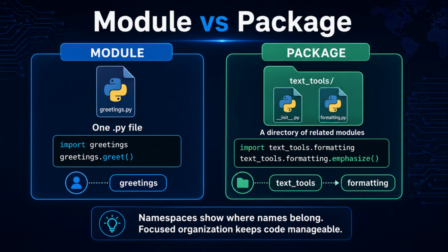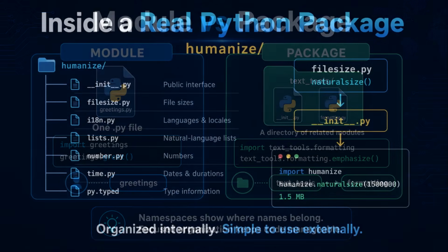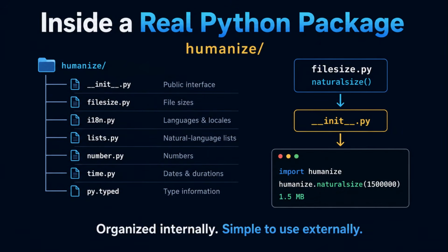We can import the module with import texttools.formatting and call its function as texttools.formatting.emphasize. That complete qualified name reflects the structure of the code. TextTools is the package, formatting is the module, and emphasize is the function. Modules keep focused code in manageable files, while packages organize related modules as a project grows. Their namespaces also show where names belong, making the code easier to understand and reducing the risk of unrelated names